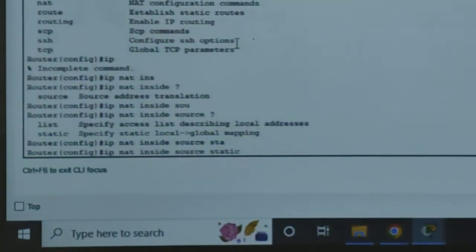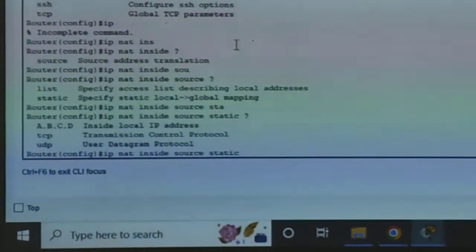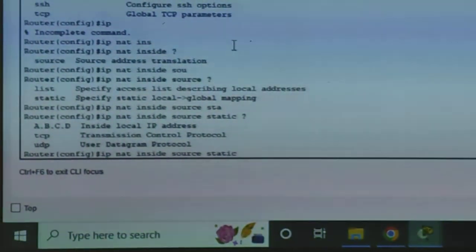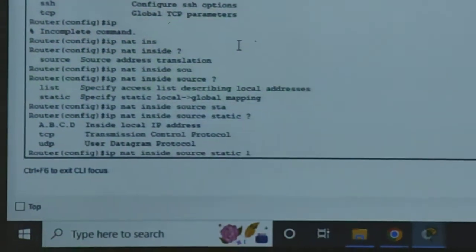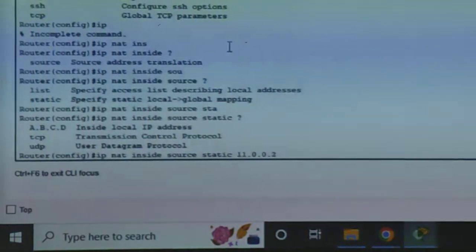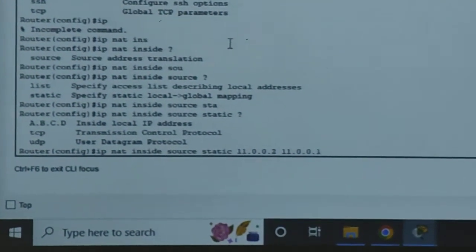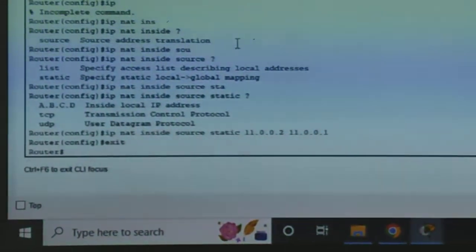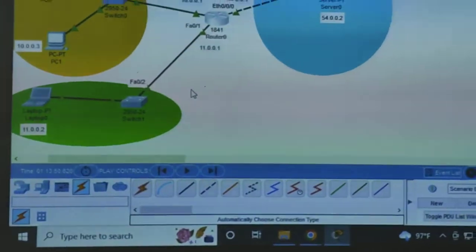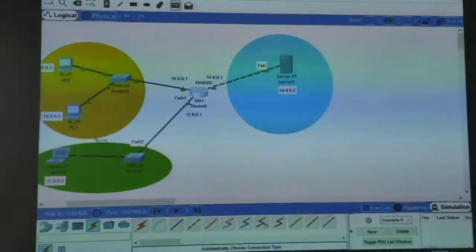If I press the question mark again, it will show whether we want to give TCP, UDP, or an inside local IP. So we will use the local IP, which is 11.2, and we want to map it with 11.1. So that's the command. Now if we close it and observe the packet,